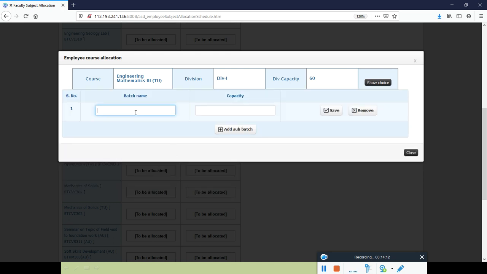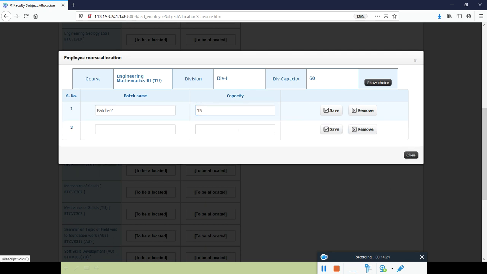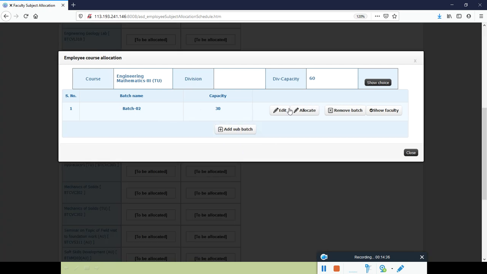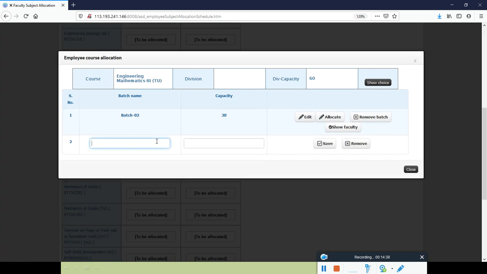So here let's say batch 1, and the total capacity is let's say 15, adding a sub batch, batch 2, then the capacity is 15, or maybe we'll just make it 30-30. We'll just make it 30-30 for convenience, adding a new batch. So capacity is 30. We are just saving.